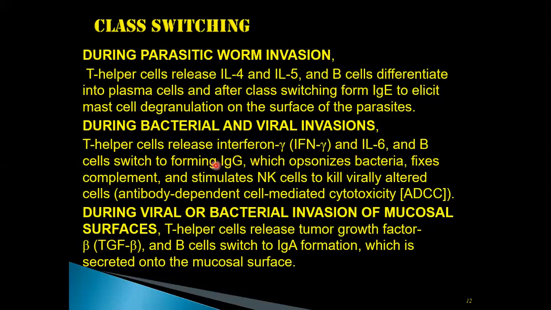The B cells will synthesize what? Immunoglobulin G. If they are secreting interleukin 4 and 5, they will synthesize immunoglobulin E. So you remember this. So these are the same plasma cells, depending on what kind of cytokine, what kind of interleukin coming from the T helper cells, synthesizing different kinds of immunoglobulins. I'm sure this presentation of mine has helped you in understanding the concept of immunity,